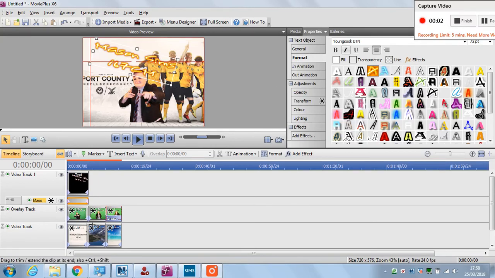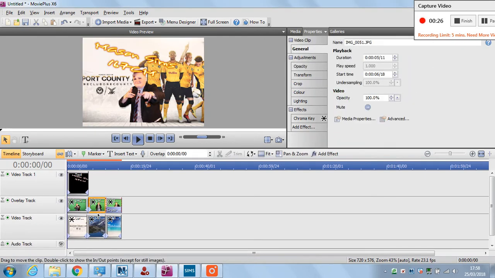So we've arranged the images of the pupils, we've got the background. What we need to do now is get some names on there, get a bit of text, a bit of information. So we're going to use a variety of different font styles. You can choose whichever you want. So we've got Mason Sims, 167 centimeters. Okay, and to do that, simply select the image of the next pupil,